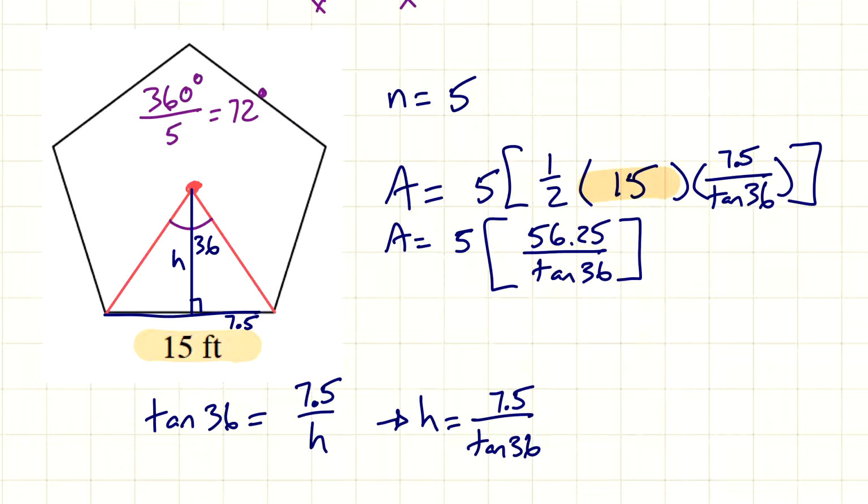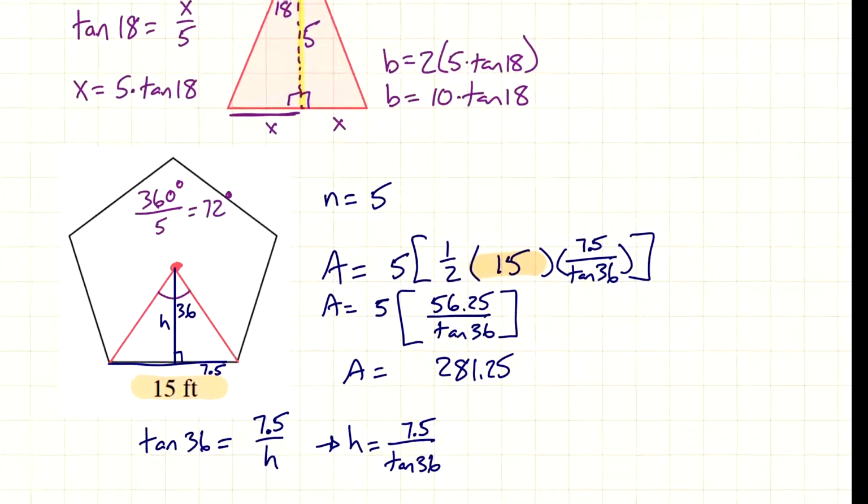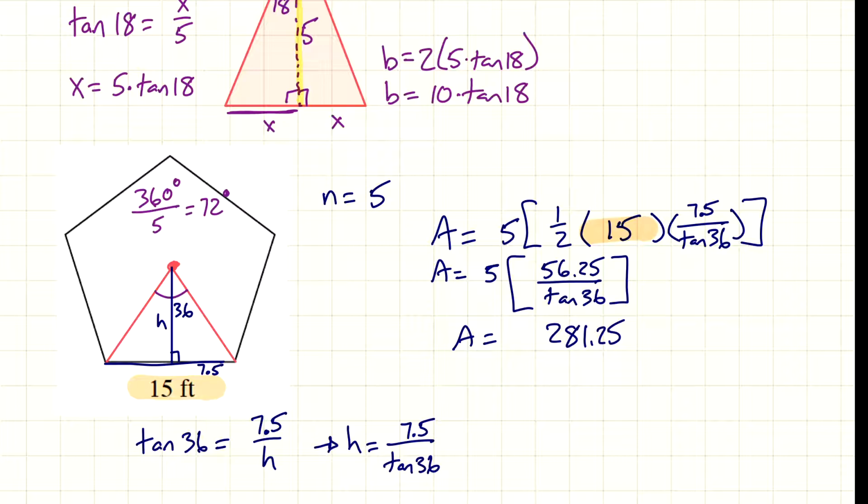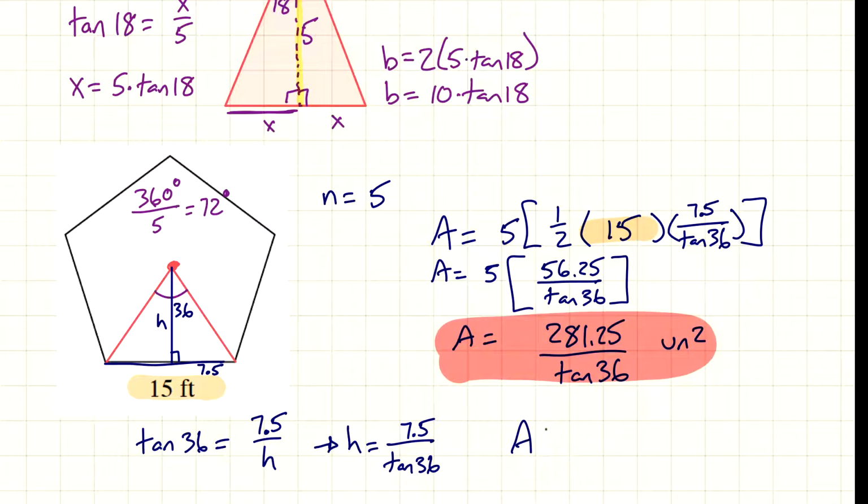We have 5 of them, so if I take that and multiply that by 5, then our area is 281.25 over tangent of 36 units squared. All right, so this would be an example of an exact answer that has a fraction in it, and then approximated,